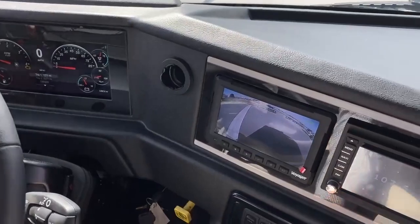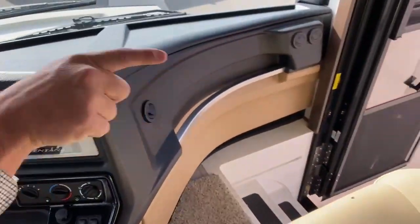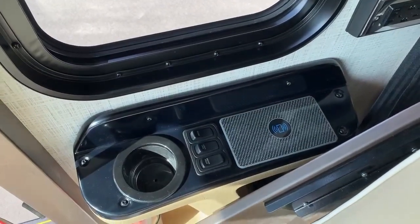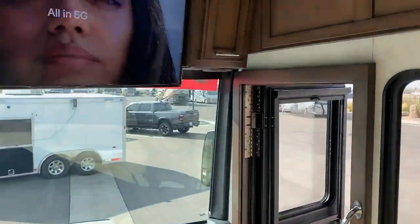And you've got a charge pad here for wireless charging your cell phone, and new for 2021, if you pan over to the driver's area, they've actually integrated a passenger side charge pad as well for your cell phones. This one gets the 43-inch TV overhead,